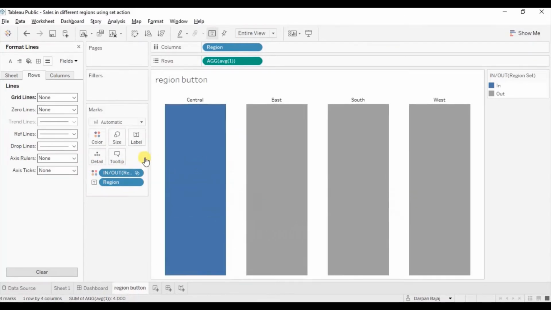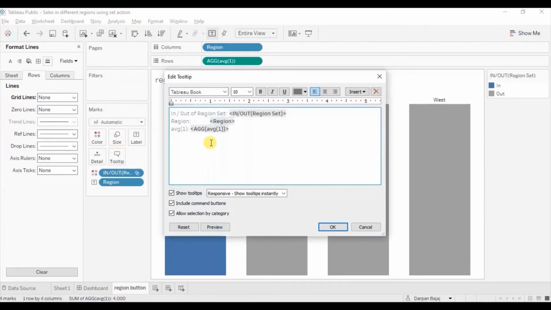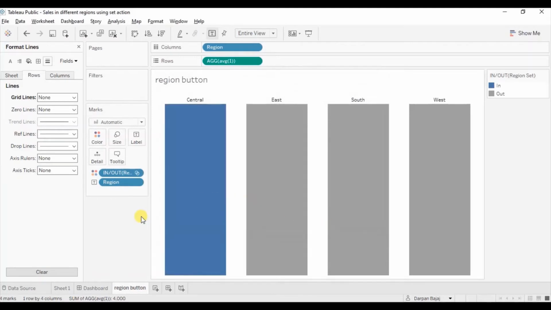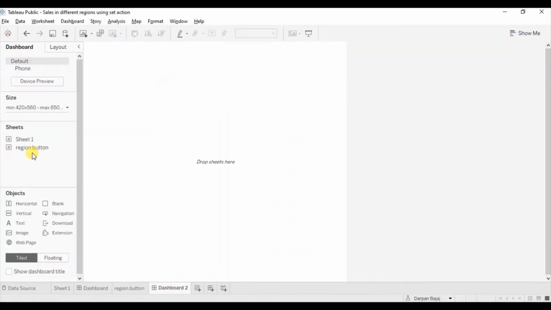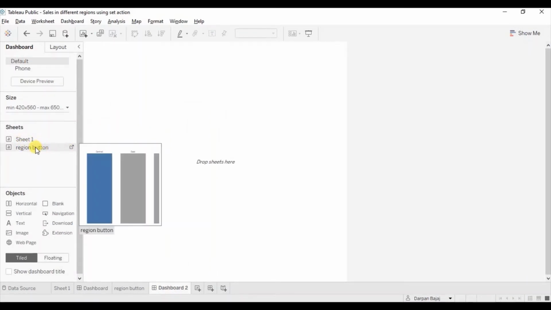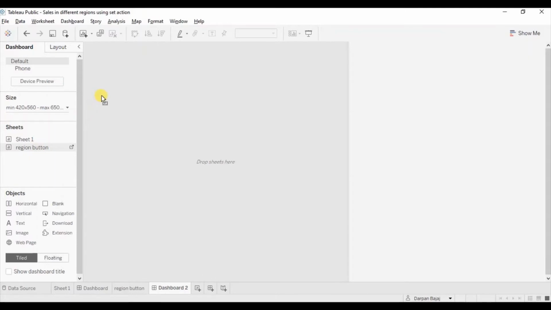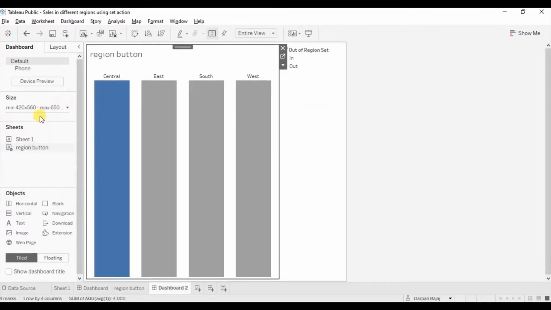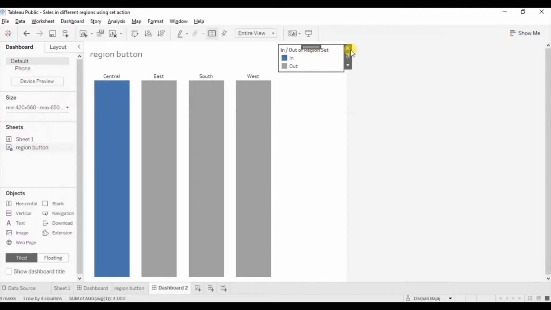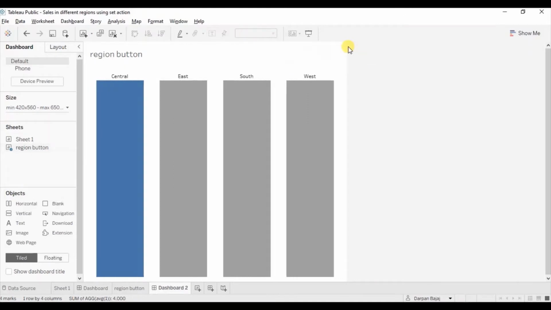Let's also remove the tooltip. Remove everything from the tooltip section. Click on OK. Now create a new dashboard, and we will add these both sheets that we have created into the dashboard. Let's first select region. Remove the set from here.